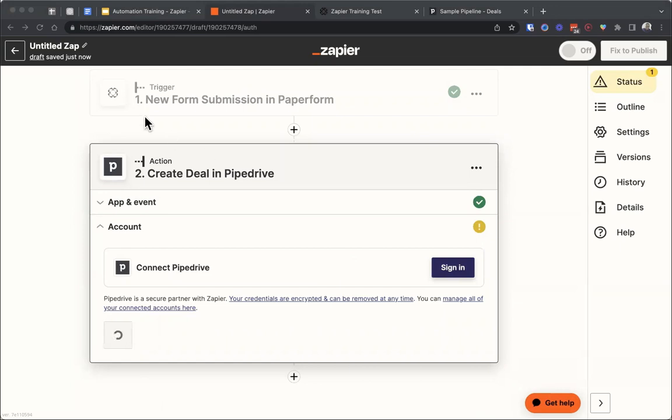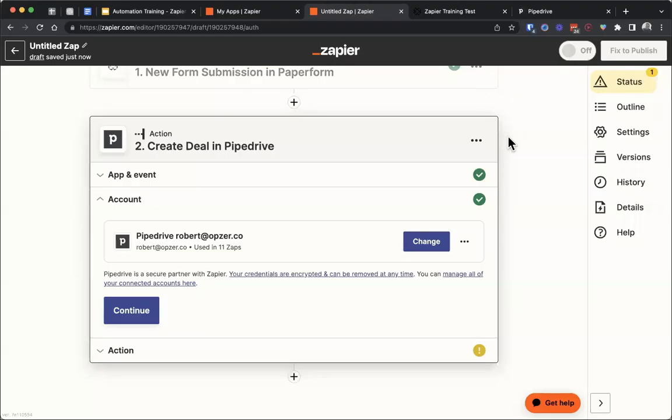Something went wrong. Let's try that again. Okay. Looks like they might be having some issues on the server or something like that. I'll just pause this, not to waste your time, and come back to you once I find a resolution for it. All right, so I am back, but now I am on our actual account